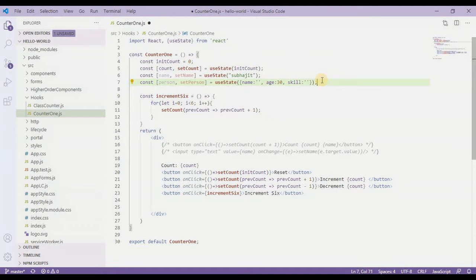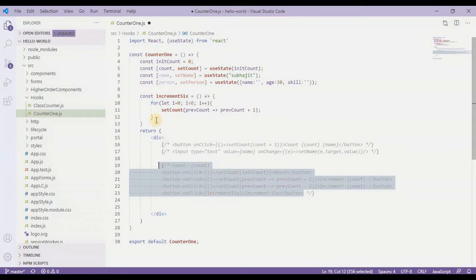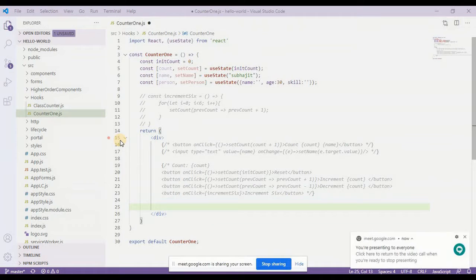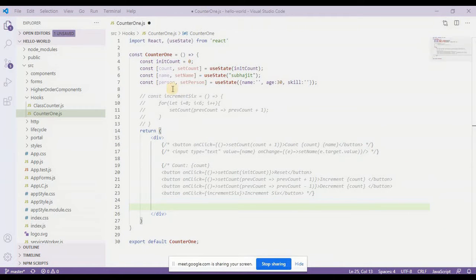Now we have created one object over here, named person, and we want to update this object from our front end or these div elements. So I'll comment these lines for the moment, I don't need them, and I also comment this function. So what we did so far is we created one object by using useState, and in this object we are going to have name, age and skill.